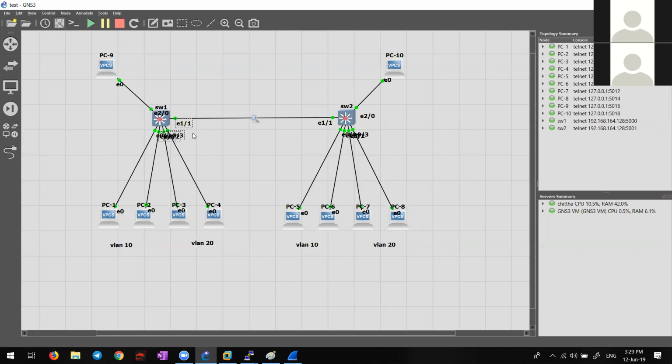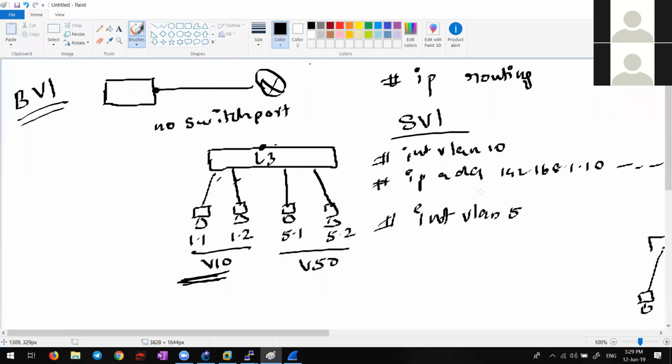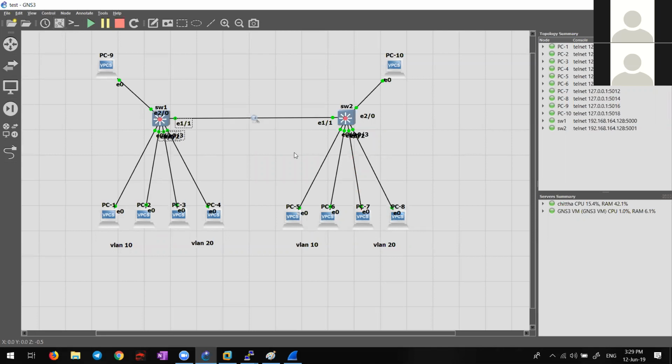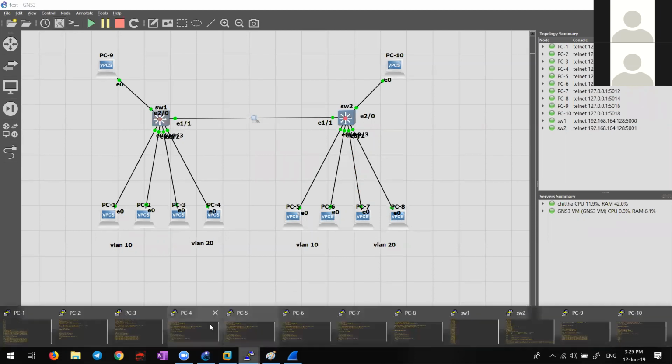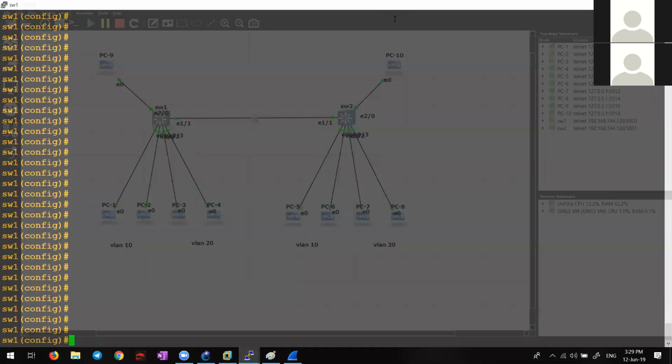Any doubts? Now only BVI. The others you can configure, I showed you how to configure and all. That's easy. Only BVI, there is one thing you have to be careful about. I'll go to switch 1, interface E2/3.